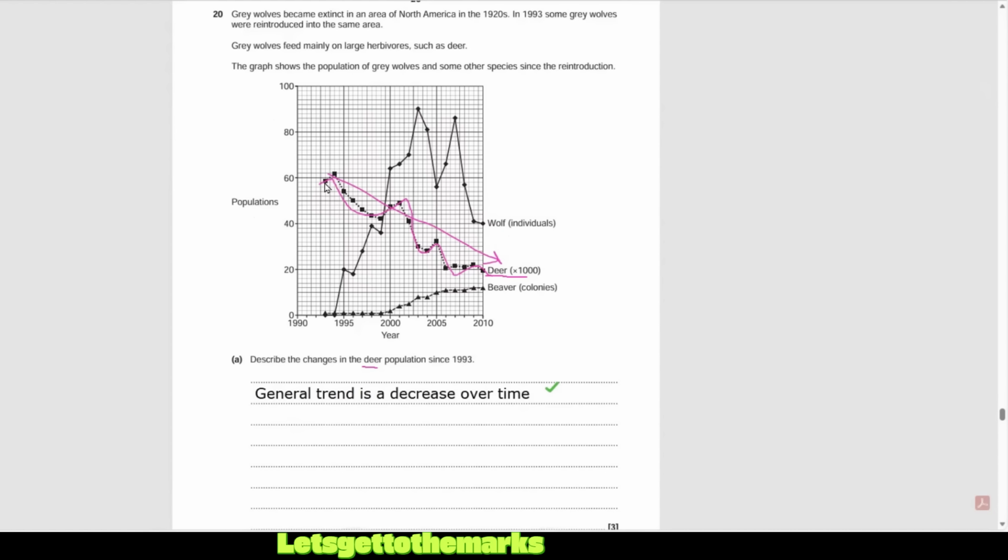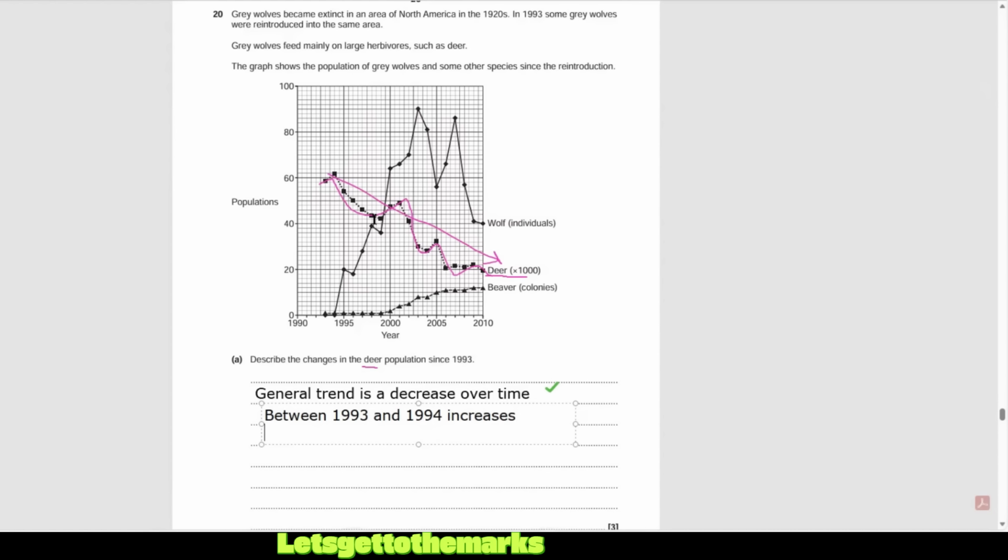So we're looking between 1993 and, oh my gosh, what is that? 1994. So there is an increase. So I want to say between 1993 and 1994 it increases. And then let's give some other dates and data points. So we could also say that then between 1994 and what's that? 1996? No. 1998.